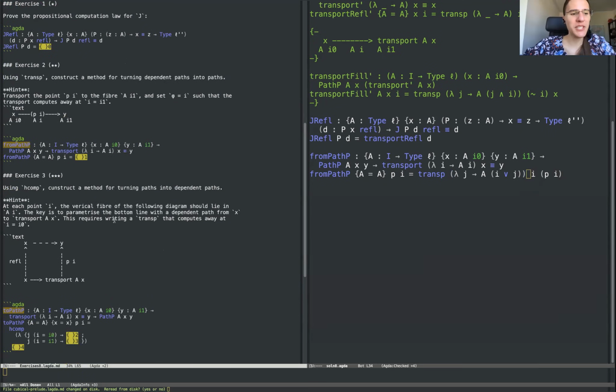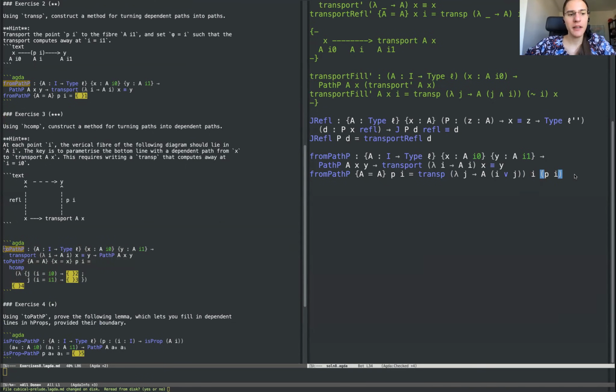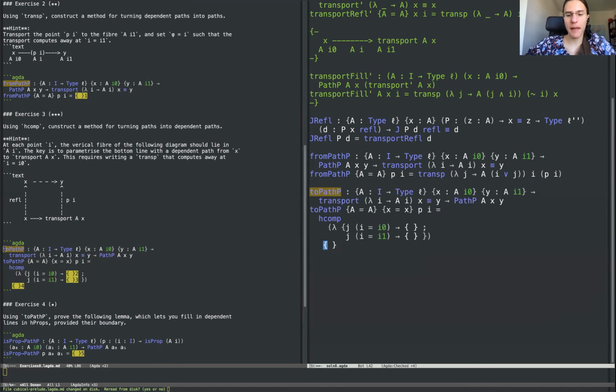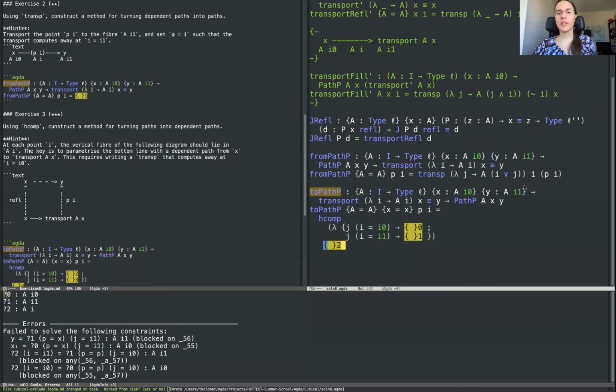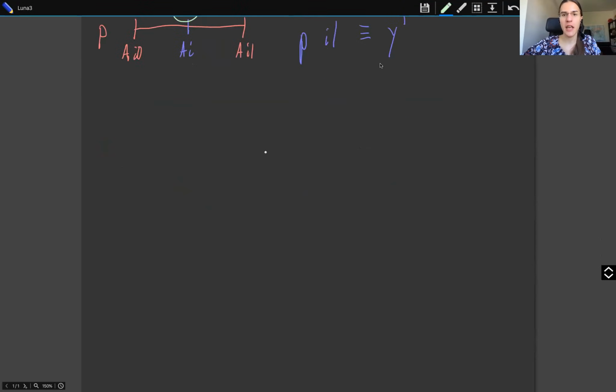Okay, now we're going to do the reverse, and the reverse is going to be pretty interesting. So now we want to go from a transport to a path P. Now, the way that HComp works is that it's homogeneous composition. Homogeneous composition means that the type is not allowed to change when you write an HComp expression. In particular, this means that if you have a space X, right? You can imagine,